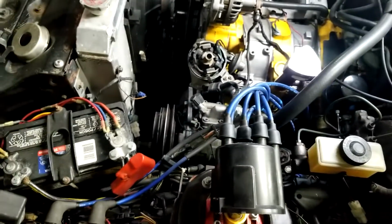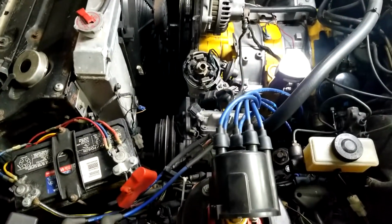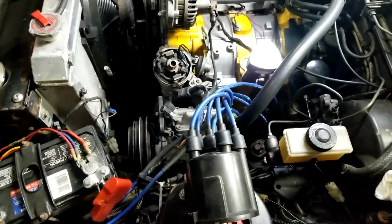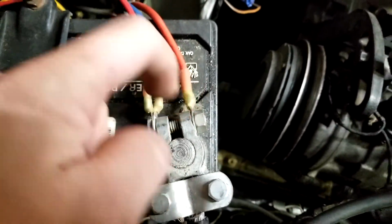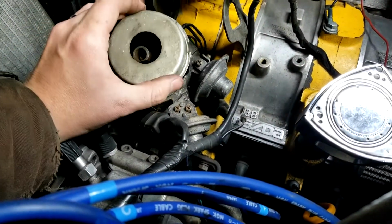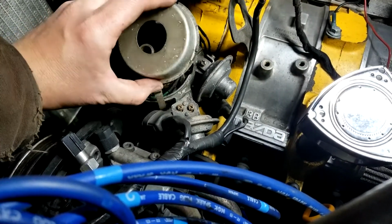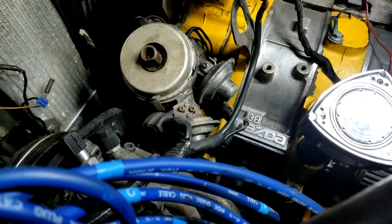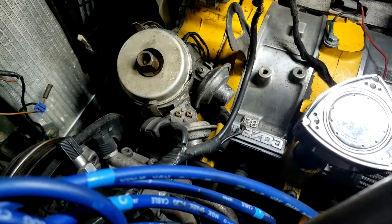Pretty simple. You just want to make sure that you use good crimps. You don't want to use, you know, El Cheapo crimpers or the actual butt connectors, like all of mine are the nice sealed kind. That'll keep you from having issues with losing a signal, which is, I mean, anytime you deal with anything ignition related, you don't need to mess around, because you can go from having a great running car to a bad running car